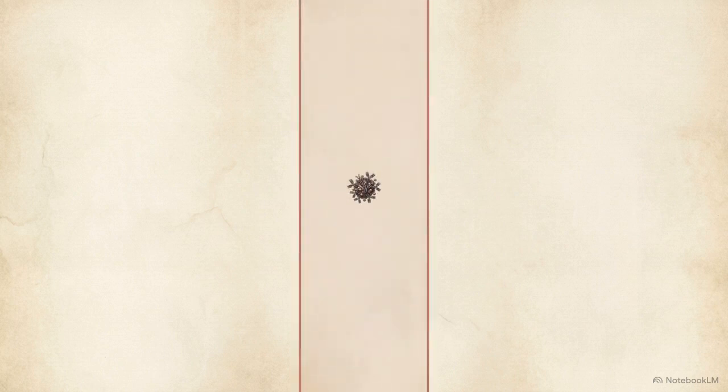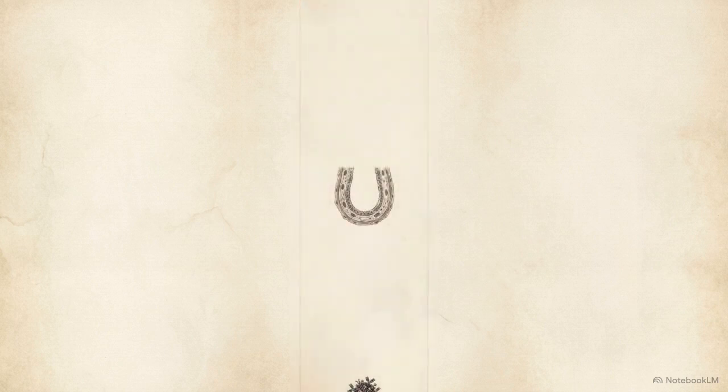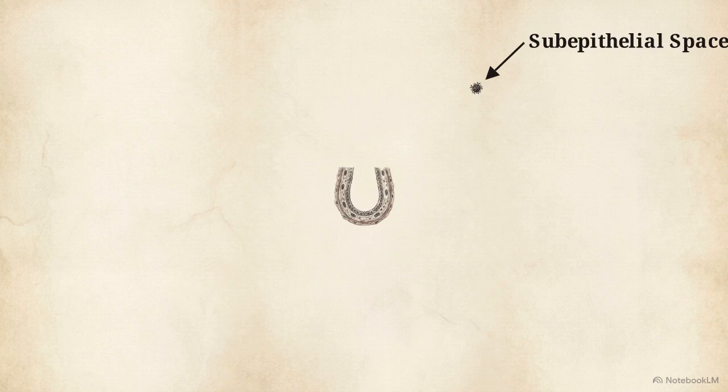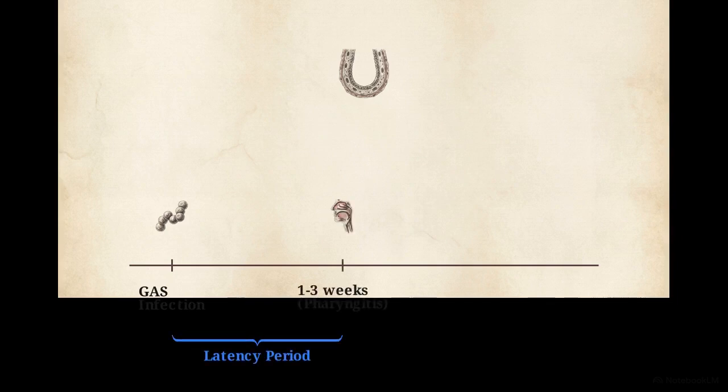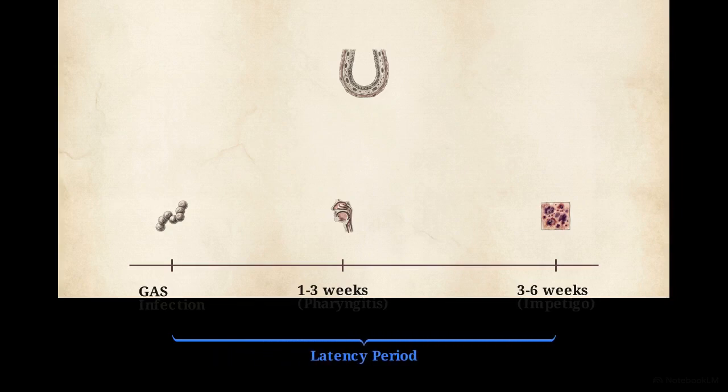We shift now to the type 3 hypersensitivity mechanism. Post-streptococcal glomerulonephritis is driven by circulating pre-formed antigen-antibody complexes that form following a group A streptococcus infection. These dense clusters travel through the blood and lodge within the subepithelial space of the glomerulus. Because these large complexes take time to form and lodge, diagnosis requires strict chronological latency markers. Renal symptoms emerge 1 to 3 weeks following an episode of streptococcal pharyngitis, or 3 to 6 weeks after an